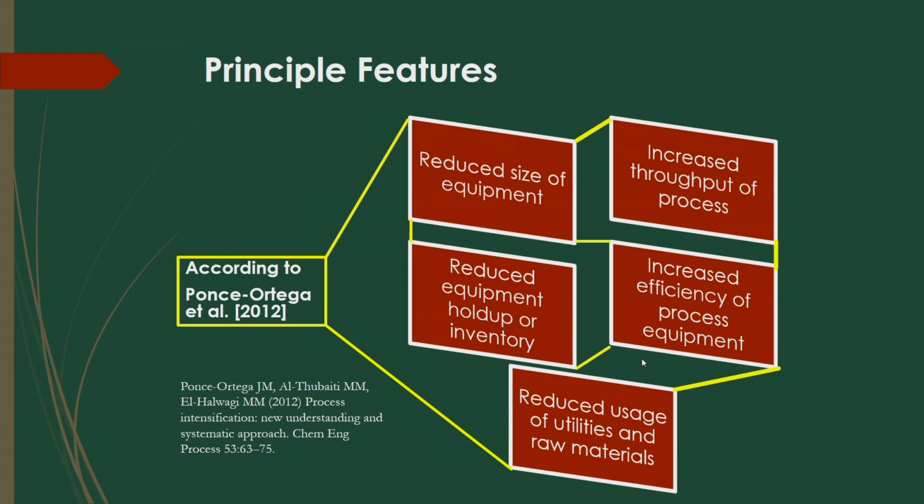Like in this case, heat transfer operation is also one of the important processes, and based on this intensity of mixing, as well as some other multi-phase flow systems, mixing is important. So, you have to increase the throughput of the process to get the intensified way to produce different products. And also the efficiency of the process equipment you have to increase to get process intensification for the particular process.